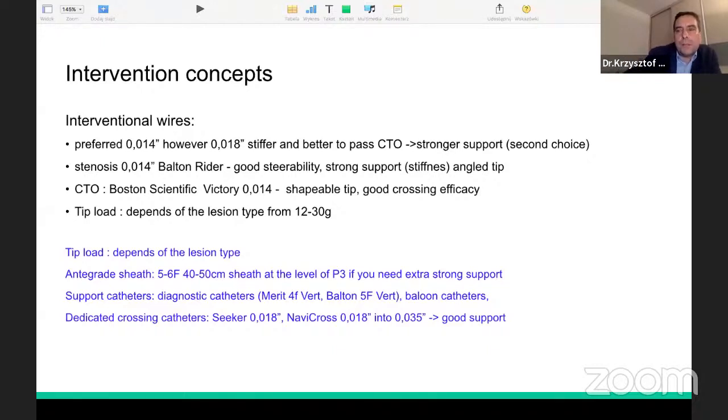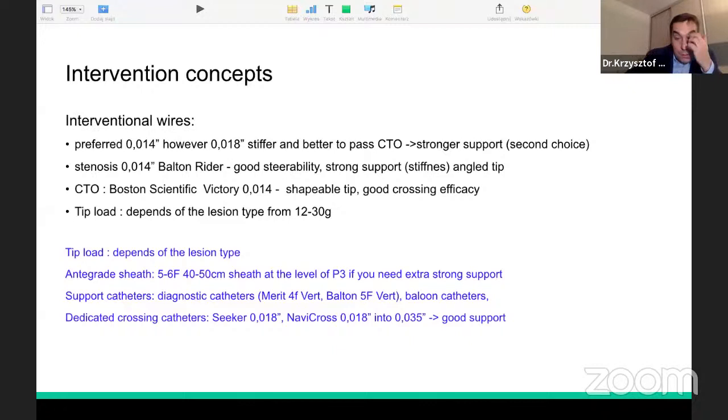The second thing is access. We can have, of course, classic access from the groin, and here we can choose to use traditional sheaths like 11 millimeters, or use a long sheath, for example, 45, to put it into the popliteal artery to have good support if we need to pass a long occlusion, for example, below the knee. Of course, support catheters. My favorite is Merit, just diagnostic catheters, 4 French, which is easy to use with the valve,